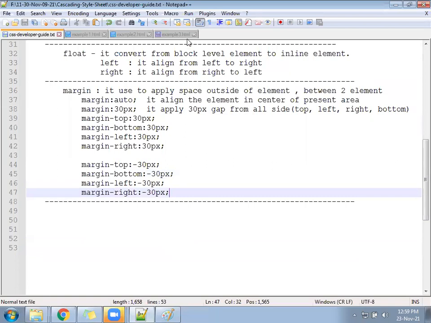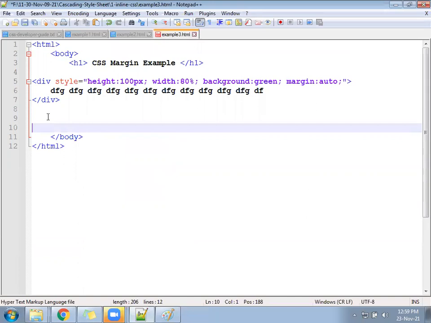go to this file, example 3 only, and write some division inside.